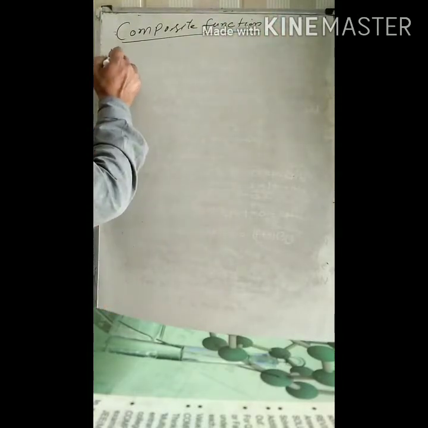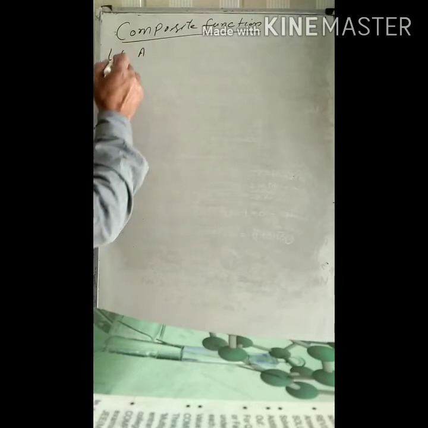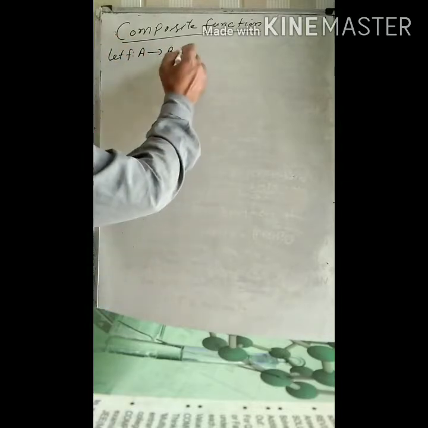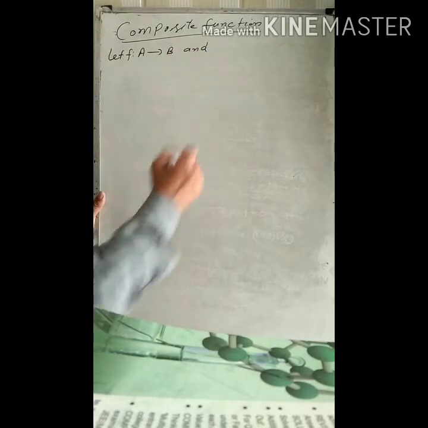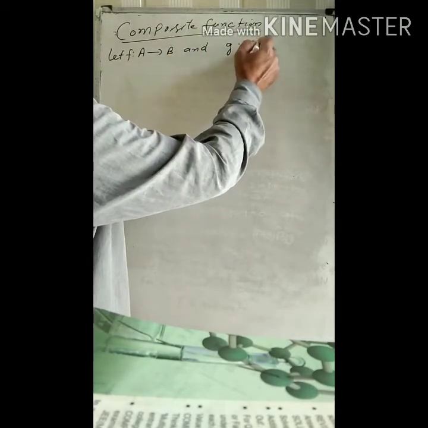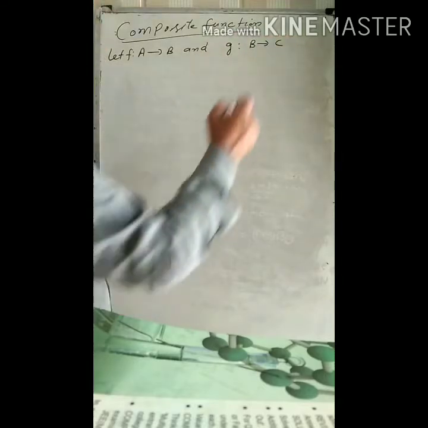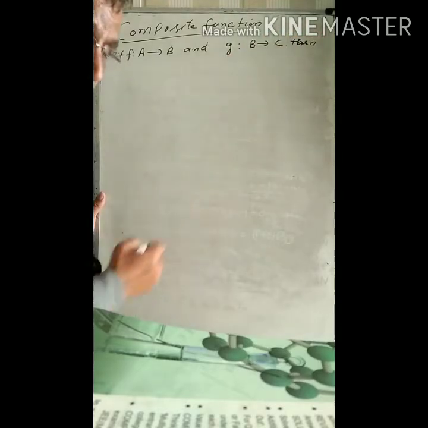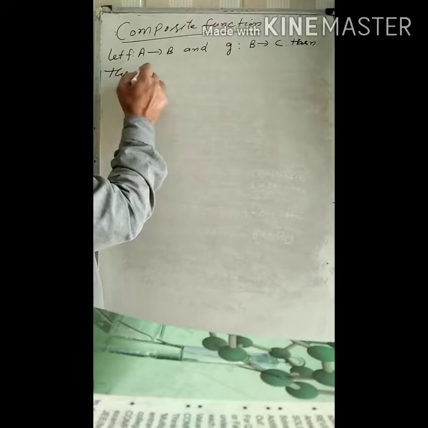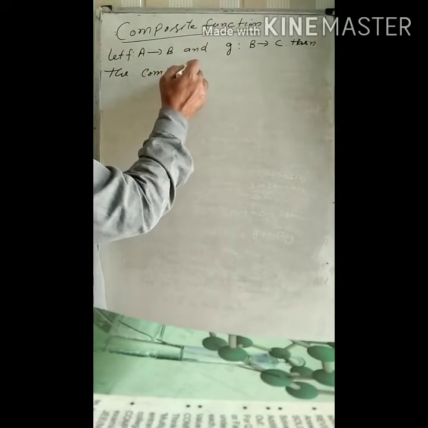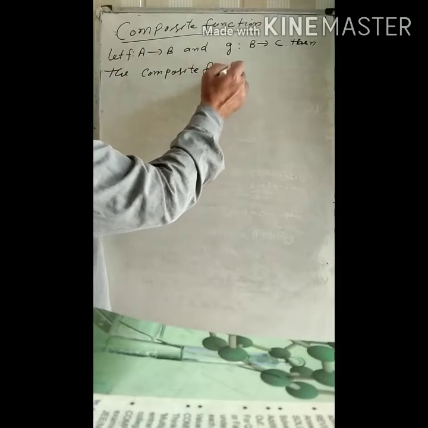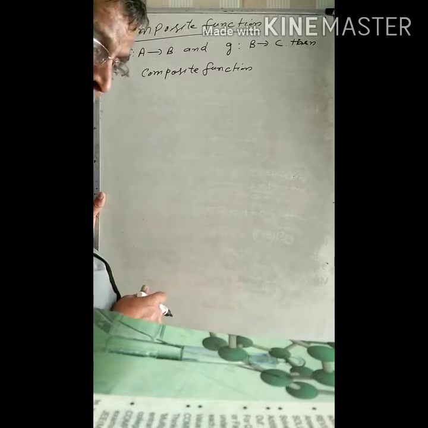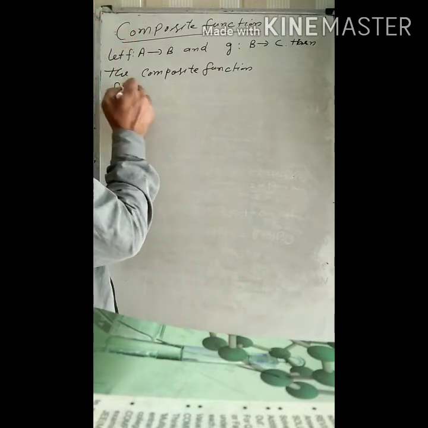Let the function f be A to B and function g be B to C, then the composite function of f and g